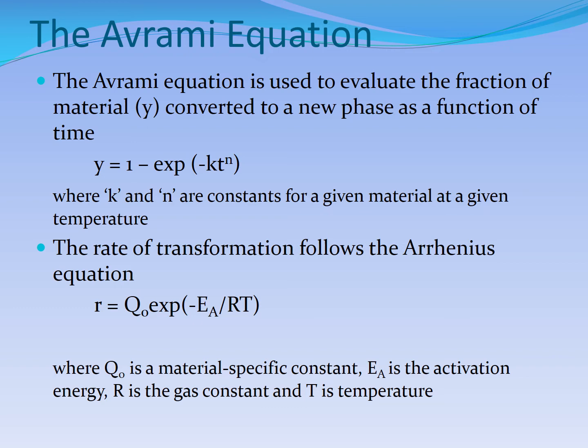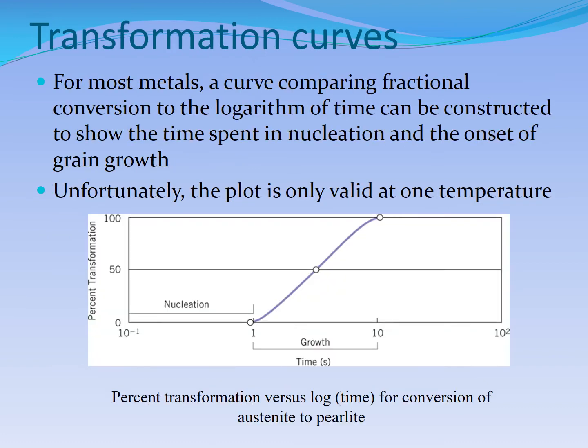So these two are very critical equations, where now the understanding of the phase diagrams becomes easier, right? At your lower level you understand the phase diagram, you know that this will happen, but how to control it, right? By changing the time, by changing the rate of cooling, by changing the temperature. How do we control the things in a phase diagram? So this is the science behind it. Transformation curves.